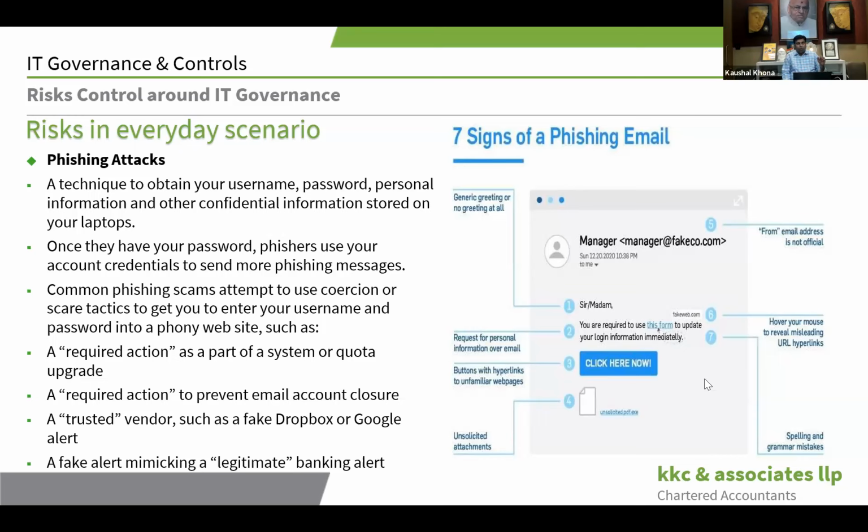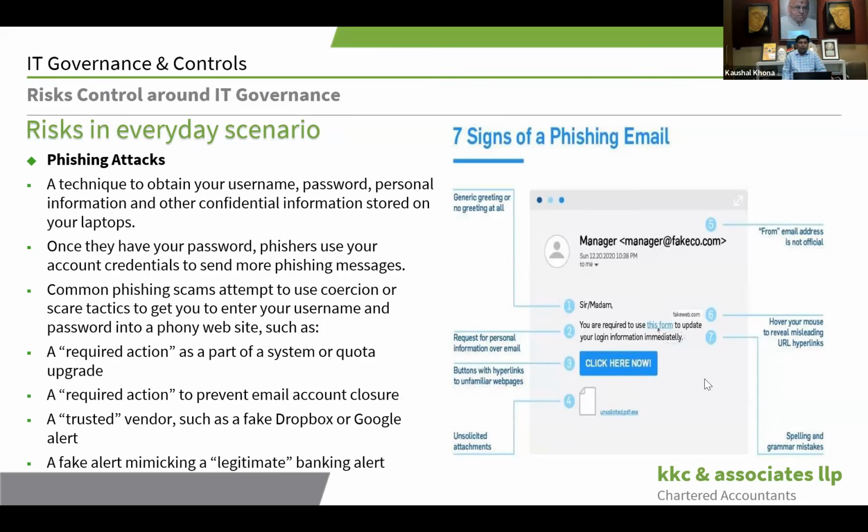If you just move your mouse over any of the links at the bottom of your screen, you would always see what link it is finally going into. So if something has come from, say, for example, Google, and when you go down and observe where this link is going to take you, it would normally take you to some other website which is not Google. So that would give you a hint that no, this is not a genuine email. It is some fraudster trying to mimic as if it is coming from Google and would try to steal your data.